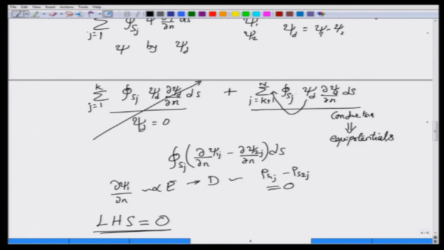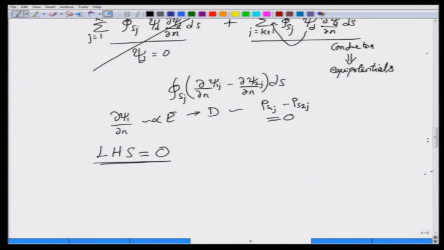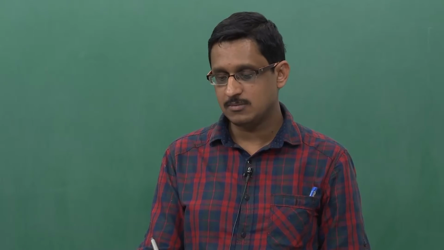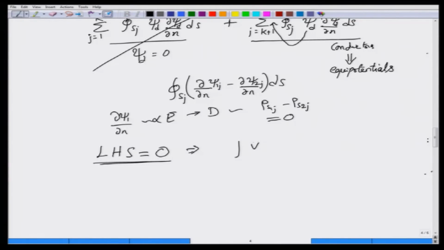On the conductors where the surface charges were specified, there again, because the solutions are to be compatible with the given charge distribution, the integration of those would also give you 0. So, the left hand side is 0, which simply implies that the right hand side is also 0. So, I go back to this same condition that I obtained earlier. So, this is also equal to 0. So, the integral of del psi d squared over the volume is equal to 0. This gives you the same